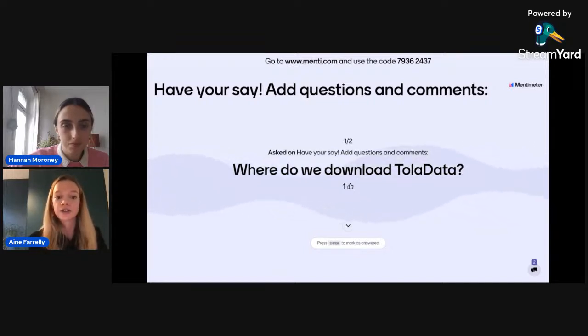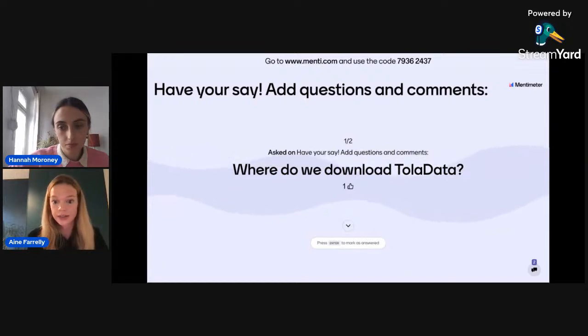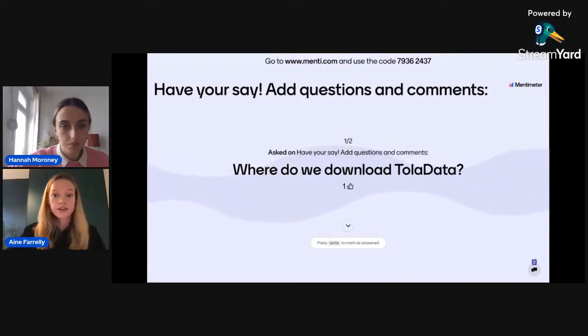I didn't show you there's a live chat function within the platform. So if you're on your browser at the moment in TolaData, you'll see an orange icon at the bottom right-hand side of the screen. If you click that, that's a live chat function. And during Berlin opening hours, that will be myself or Sive. Out of hours, it'll be our international colleagues. So if you have any questions at all, you can reach us there as well.